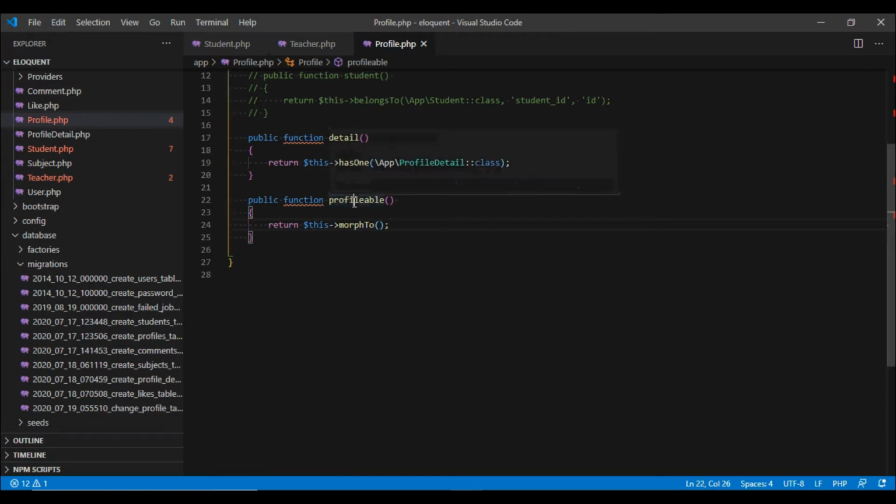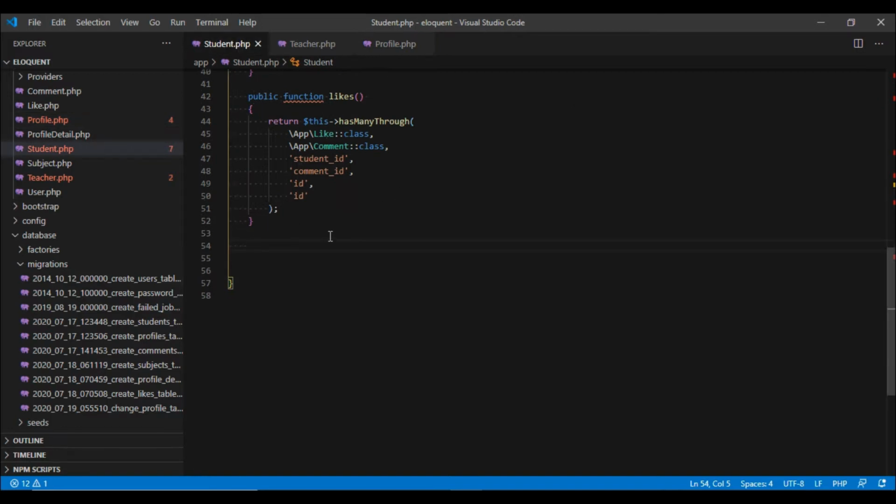Now remember, this method name profilable tells Laravel to look for columns profilable_id and profilable_type in the profile table.